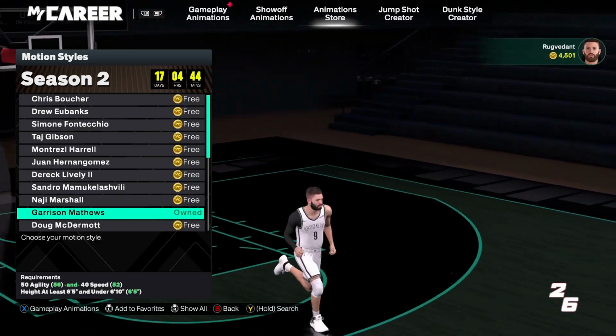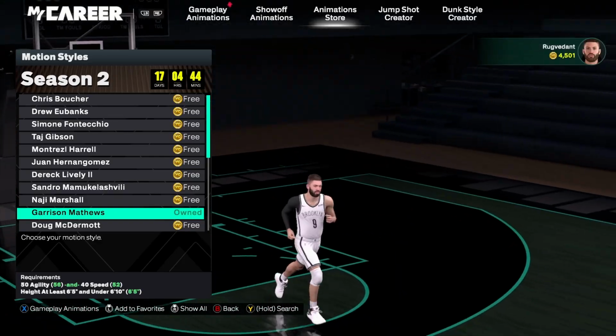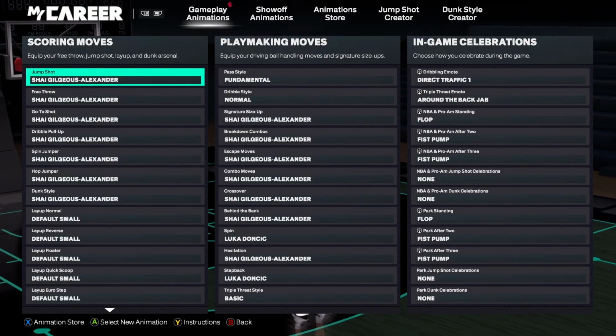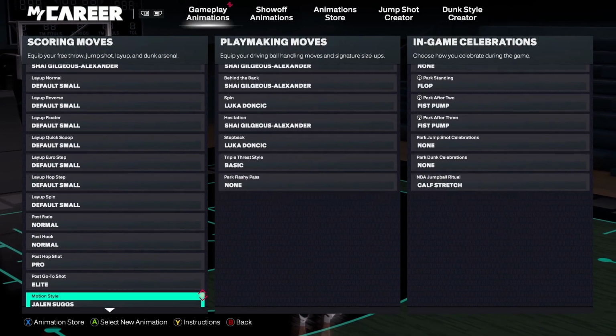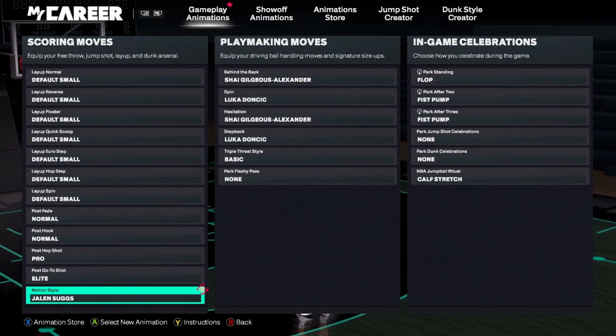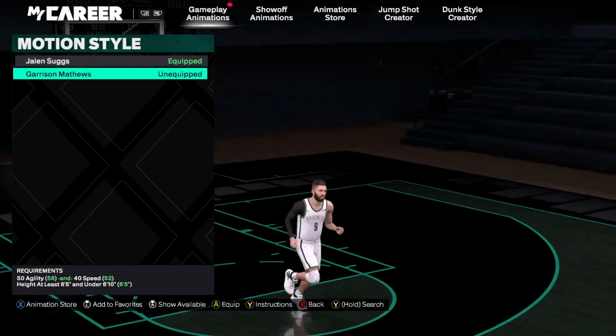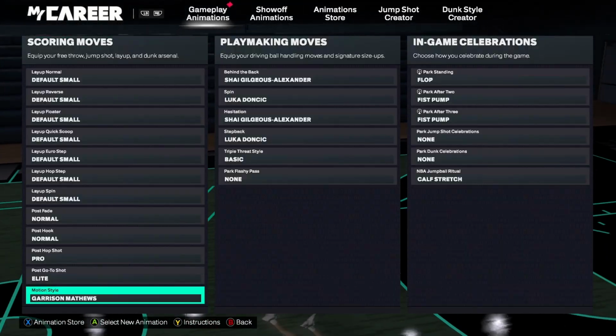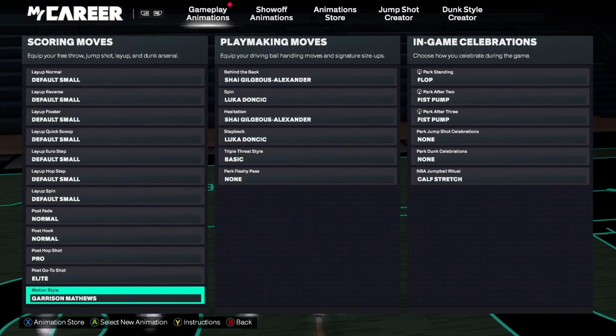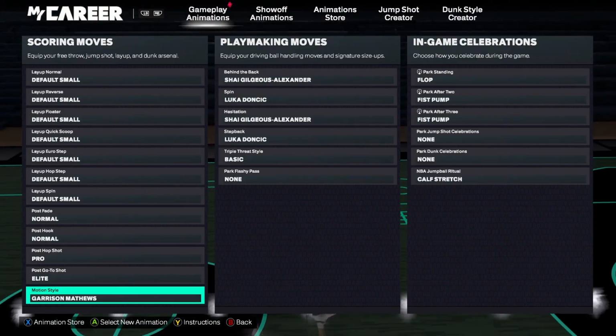Once you do that, we need to head back to gameplay animations. So for that hit LB key or L1 key, and here we need to scroll all the way down and you're gonna see the option for motion style. Select that and here you can just easily equip the animation which you have purchased. And yeah, that's exactly how you can change motion style in NBA